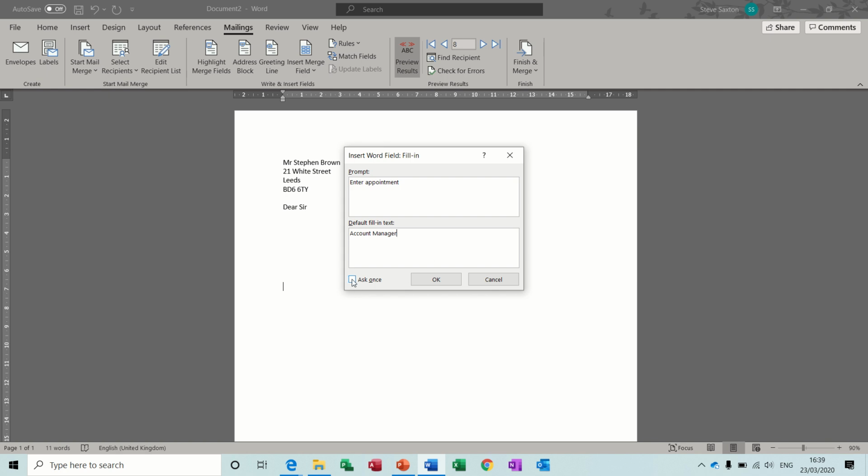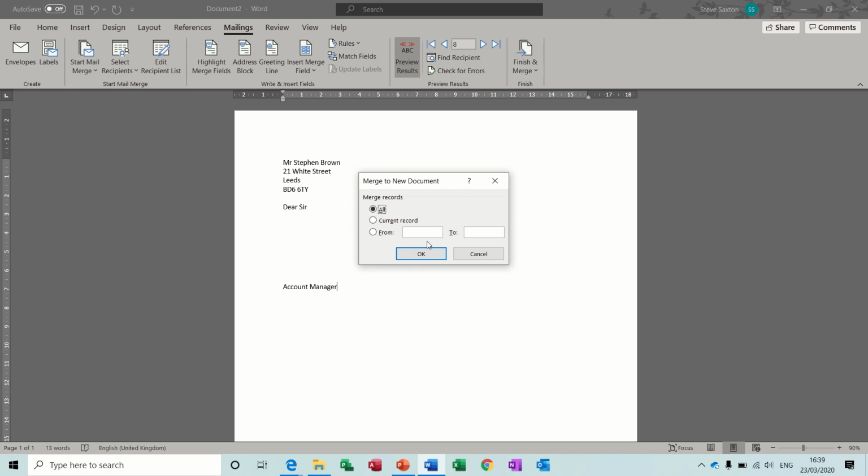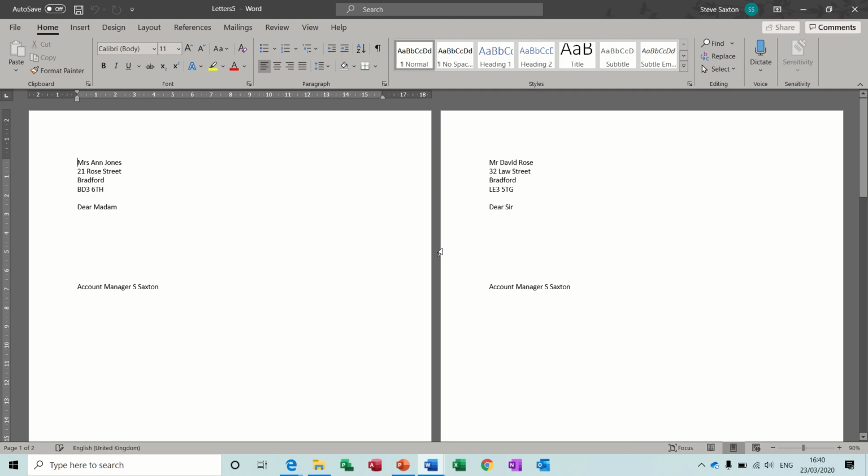And then if you don't tick this box, every time for every letter that you have in the mail merge, it will ask you this information and you will have to type it in every time, which is not great. So I'm going to tick that, click OK, ask me the first time, click OK, that's great. Now when I go for the merge, it will ask me once. So I'll click OK, and now I'm going to put in account manager S. Saxton, and then OK to that,